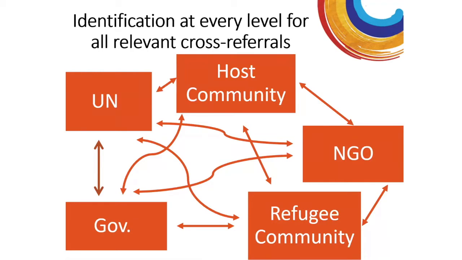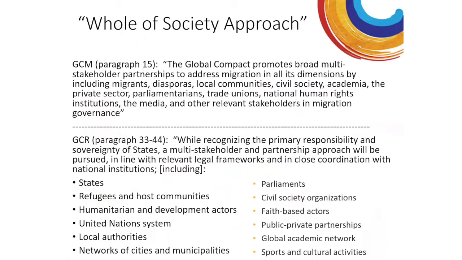Such an ideal system may not exist in practice, but the goal remains, and we must never stop trying to come closer. We must prioritize collaboration and joint capacity building as part of the approach. This approach is in line with the recently adopted global compacts that both call for a whole of society approach. The fact is, no single organization, not even a UN body or a government, could possibly address refugee protection on their own. The best way to meet diverse needs with limited resources is for everyone to collaborate, each stakeholder contributing to a collective whole.